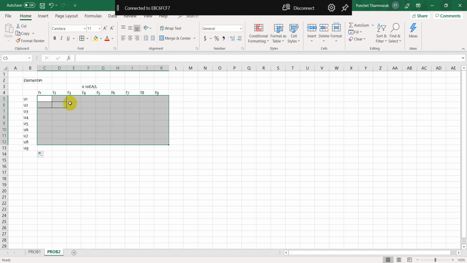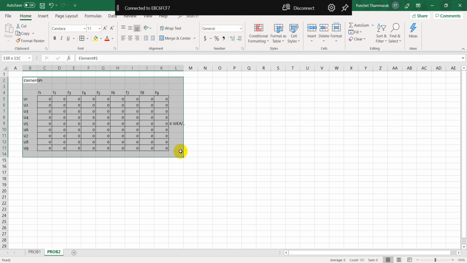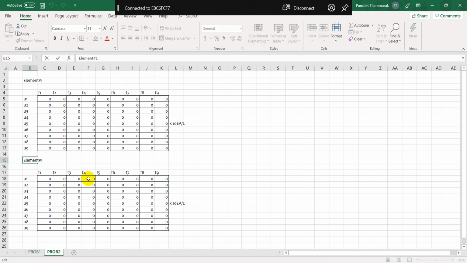I set up this big matrix, and there you go, multiply. I drop the 0 first, right, element number 1, element number 2,